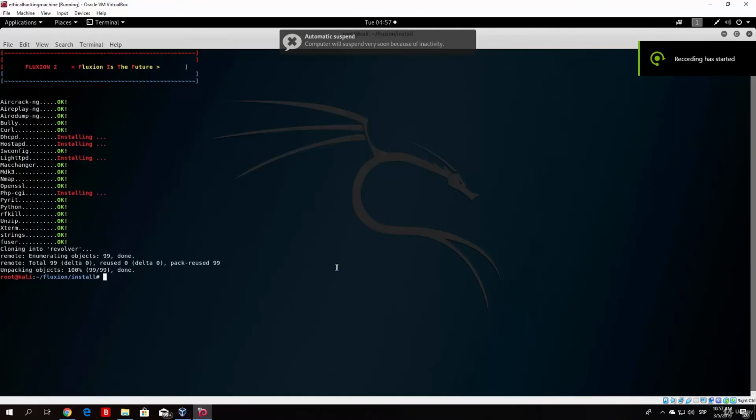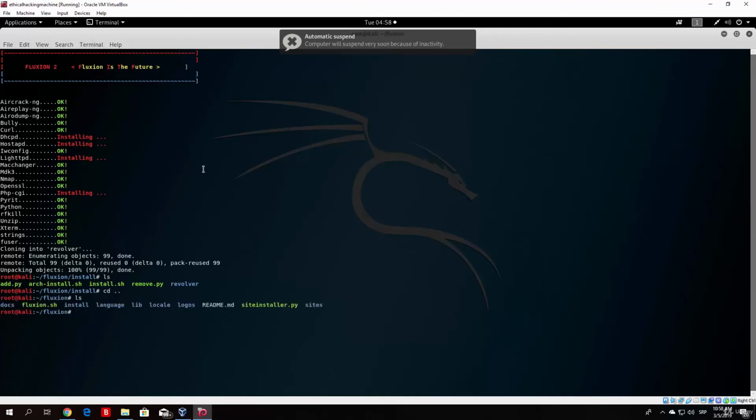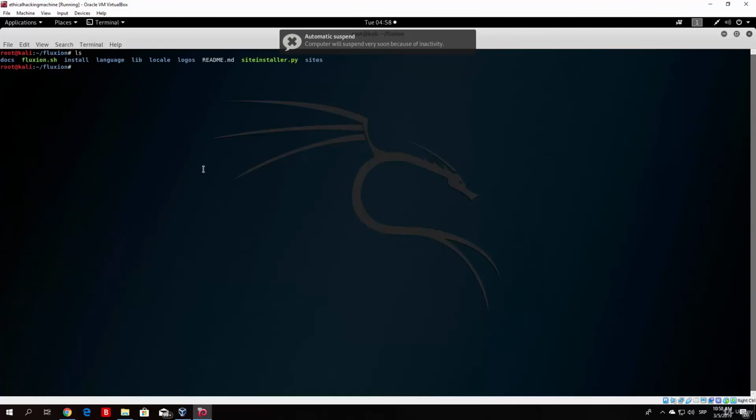So here it is, the process of installation of Fluxion has finished for me. As we can see right here, it had to install several things in order to make this program work. Now, it probably took a lot faster for you to finish this, since I had a bunch of packets that should have been installed on my Kali Linux machine. But once this finishes, you're basically good to go, and we can just go back one directory. Let me just clear the screen and type ls once again. And all you need to do right now is run fluxion.sh. So we do that with bash fluxion.sh,